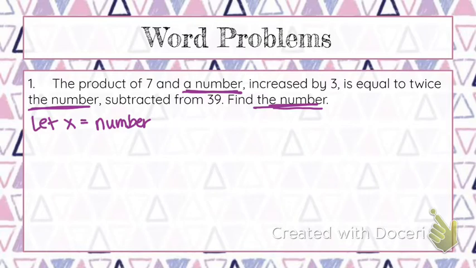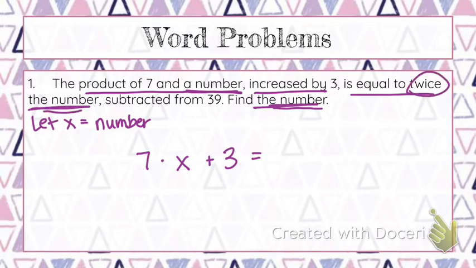Then we're going to write our equation, and I'm going to spread this out really far because it's not necessarily in order. Okay, so we have the product of 7 and a number. A product is multiplication. So we know we have 7 times x, and then that product increased by 3. So increased means we added 3. So 7x plus 3 is equal to